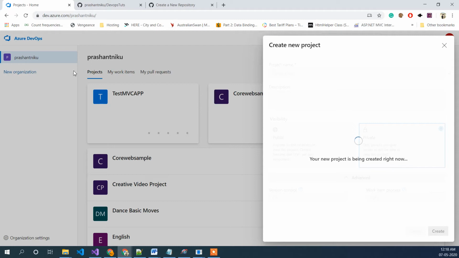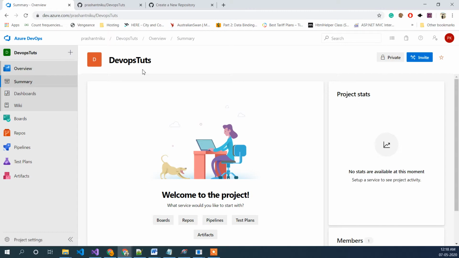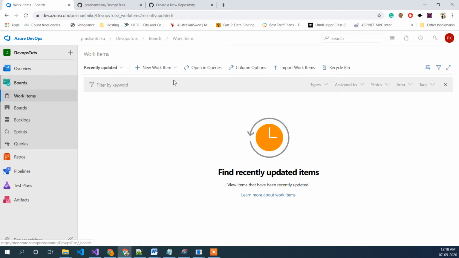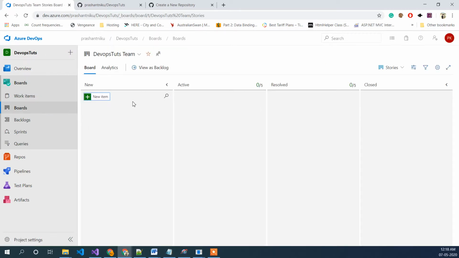It will create a project in which we can create stories, or you can say tasks, according to our own requirements, and we can do check-ins and everything. When we come here, it's basically a dashboard, and the whole thing which we used for mapping or everything is here. When you click on boards, it should show a board, and inside that you can create new items. So let me just create an item like